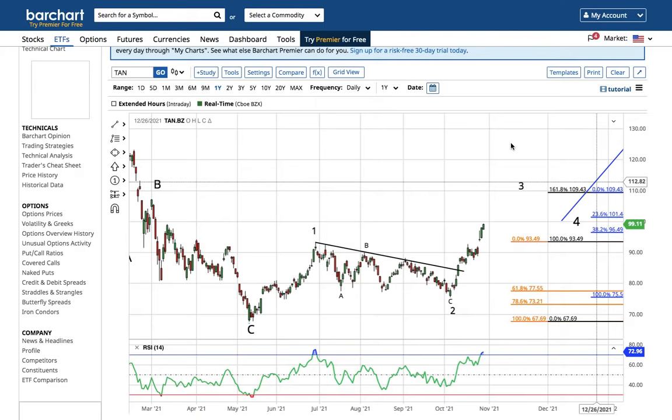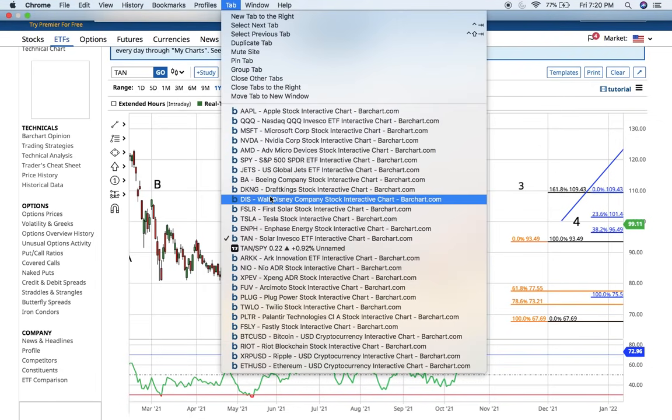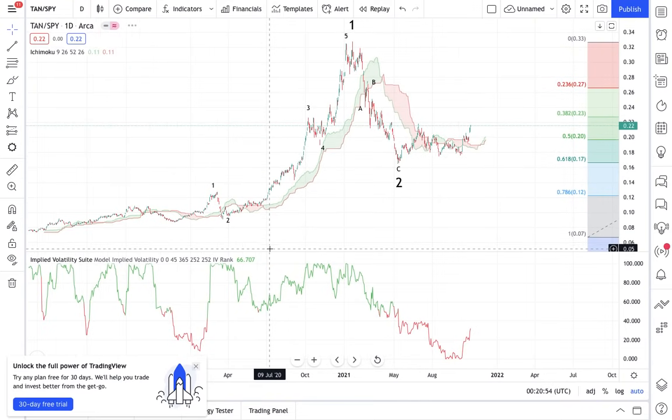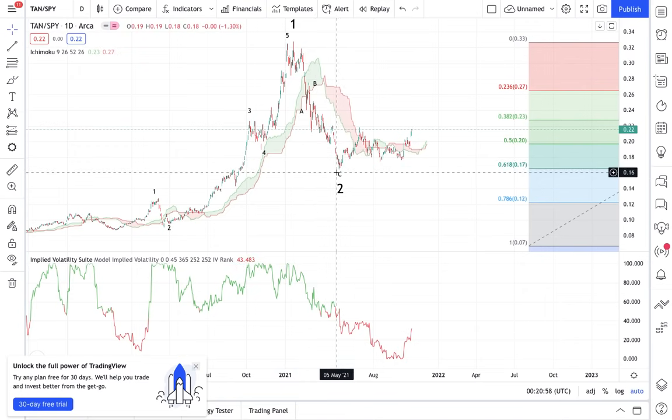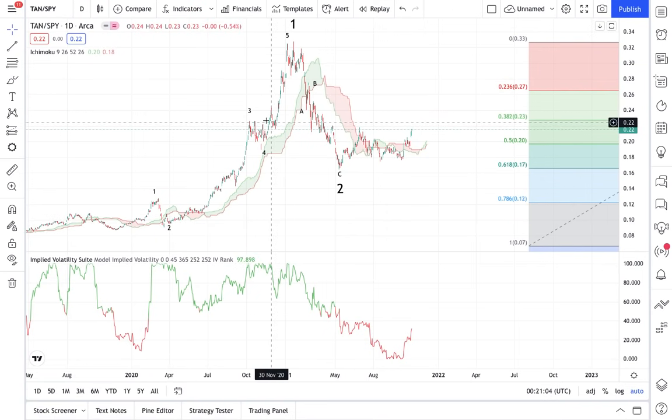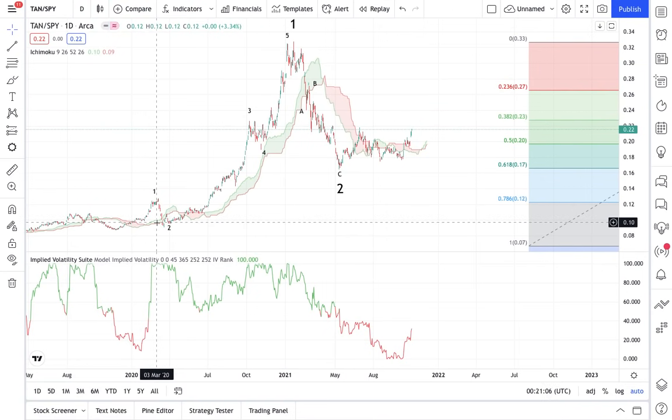It's only at 100. And in the bigger picture, it could be going to 170. We'll talk about the ARK chart in a second, but this is the ratio chart. We've actually had this chart out for a while, but I literally did a wave count of the TAN to SPY ratio. And this is playing out that this is a 1, 2, 3, 4, 5 waves impulse on the TAN to SPY ratio.